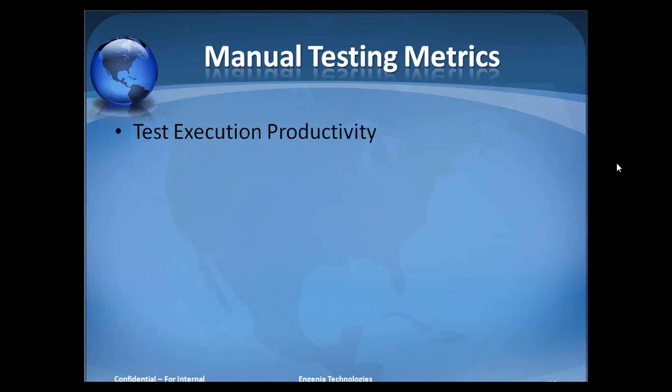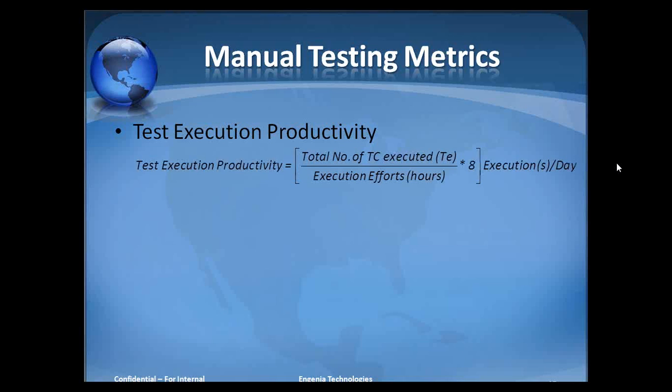So this was the bad fix defect. The next metric is test execution productivity. This is the most important metric, which I feel gives us a very good result. This metric gives the test case execution productivity, which on further analysis can give some conclusive result.